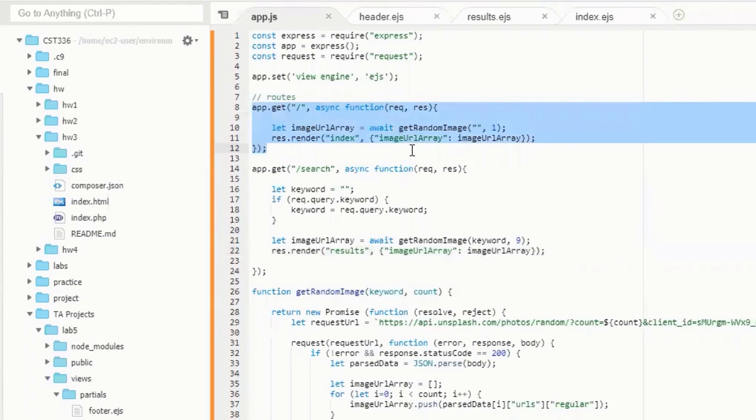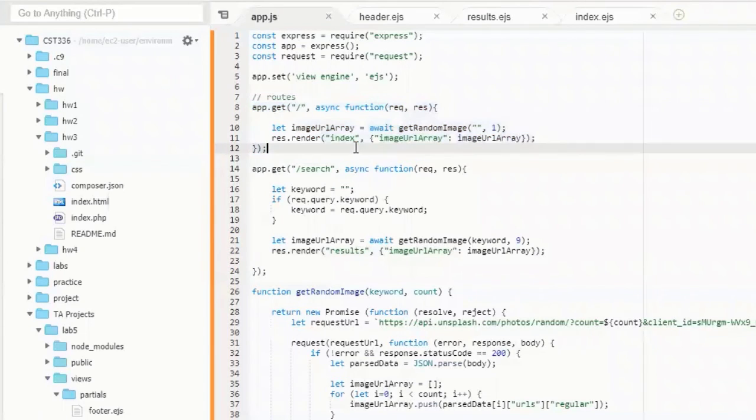And we are pretty much just essentially going to be changing the names of our variables. So instead of just doing image URL, we're actually going to update it across the board to image URL array, because we're going to be trying to get back up to 9 values in there. So we're going to have each value in that array. And then we'll also change how we're passing it into the index HTML page,